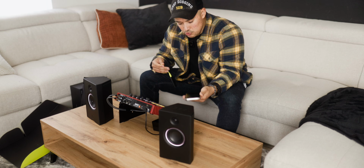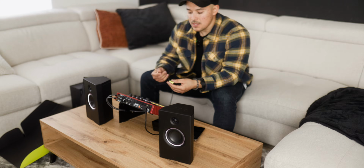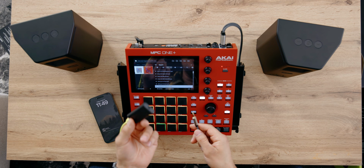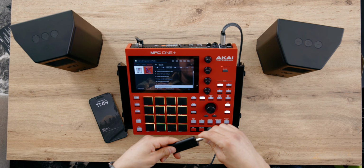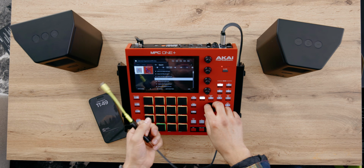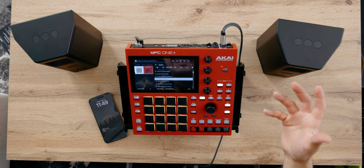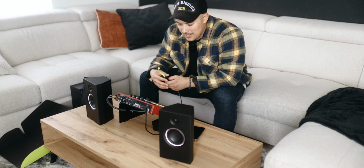as I'm trying to connect my MPC, I realized that I have the 3mm jack right here, right at the bottom, which I would assume I can just connect to the dongle and I'm able to play back my MPC, but I was just not hearing anything. The reason why I wasn't hearing anything, after reading a little bit right here on the manual, is I need